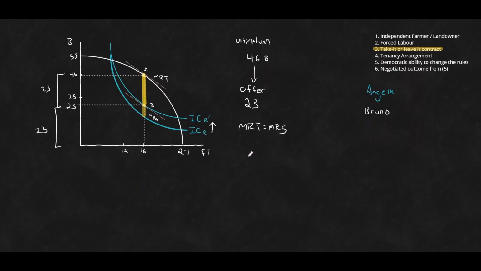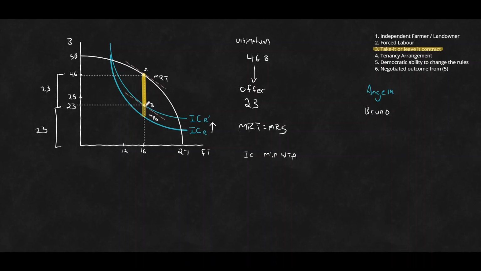In this case, if Bruno can identify Angela's indifference curve and her minimum willingness to accept, Bruno has all the power to set this at her lowest willingness to accept, such that she's getting zero economic rent, and Angela's no worse off. So she has no incentive to refuse this because any other alternative leaves her worse off than this. She has zero economic rent. I guess she could go work for another farmer and get the same thing. So there's no reason why she would refuse in that case at all.